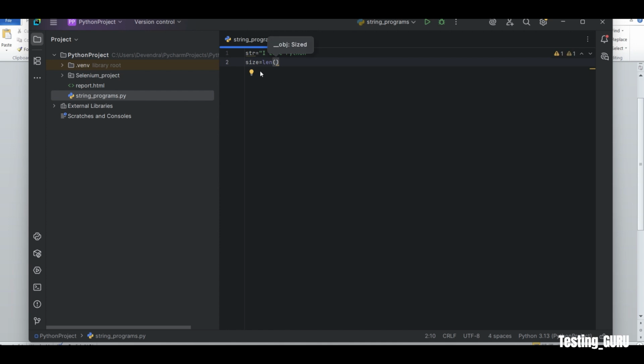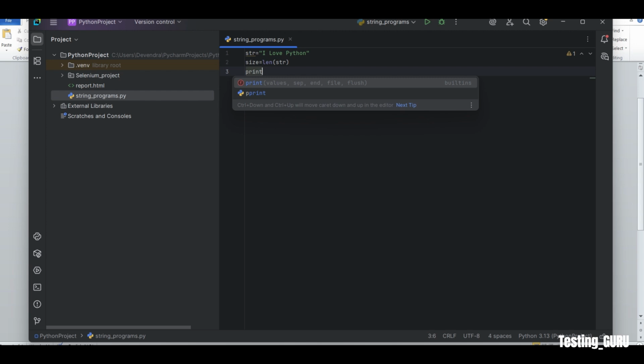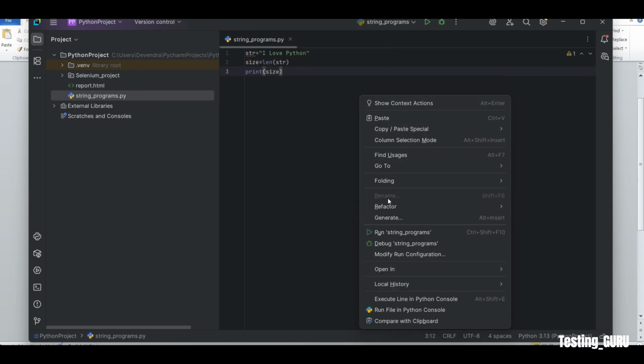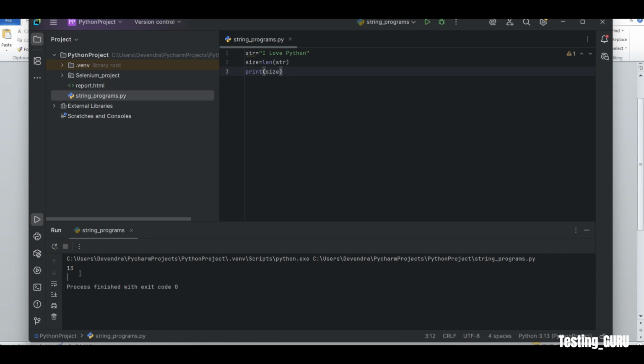So len of str, and let's print. When I run this, you will get 13 characters. So 13 means it will consider the space as well. If you do not want to consider the space, then for that